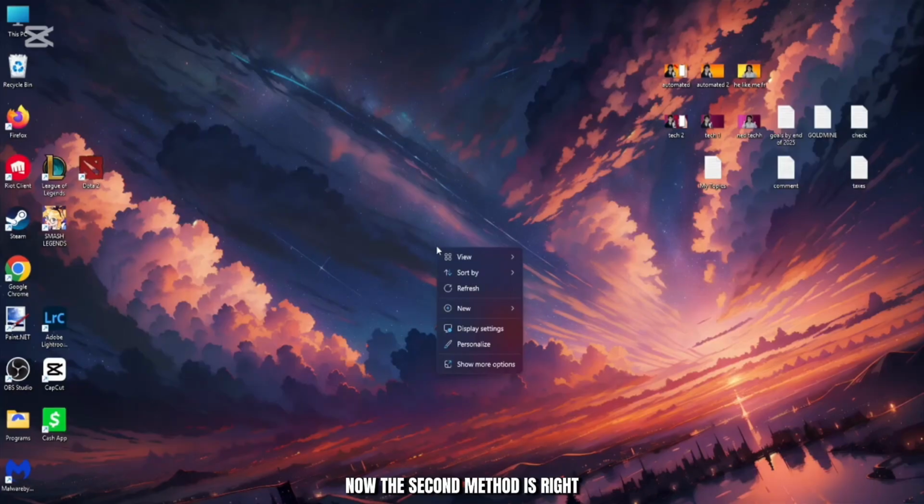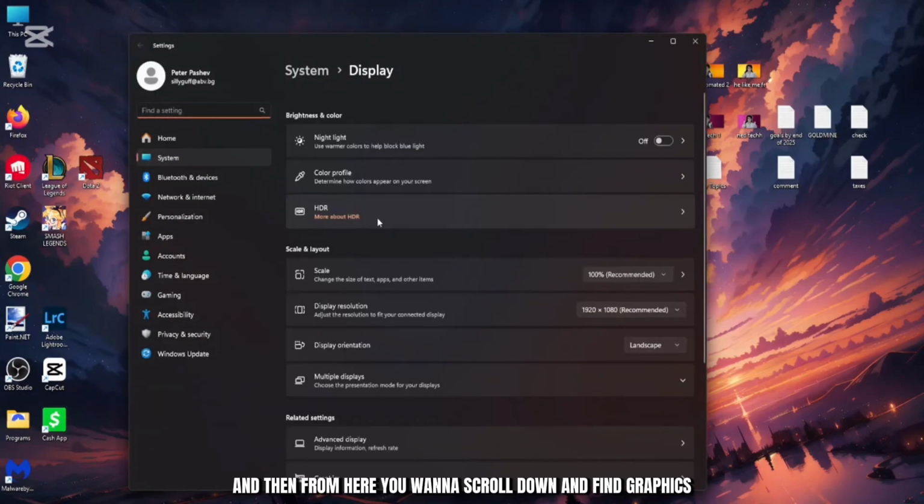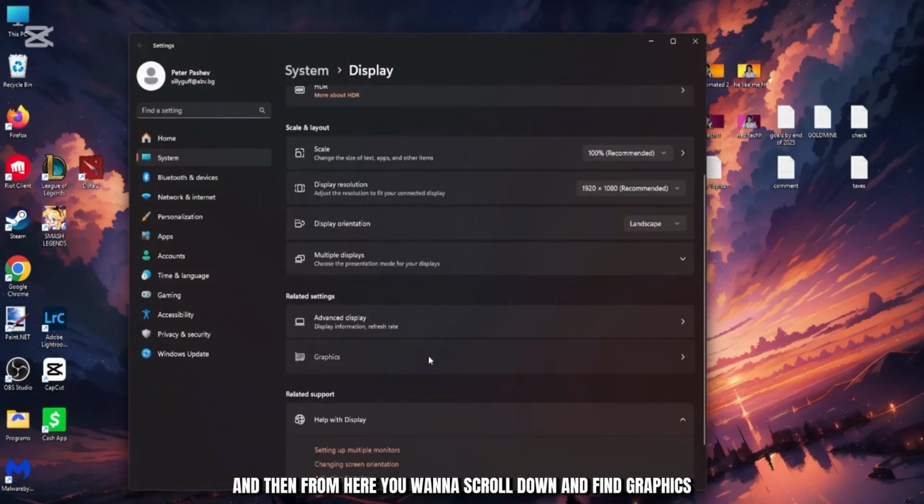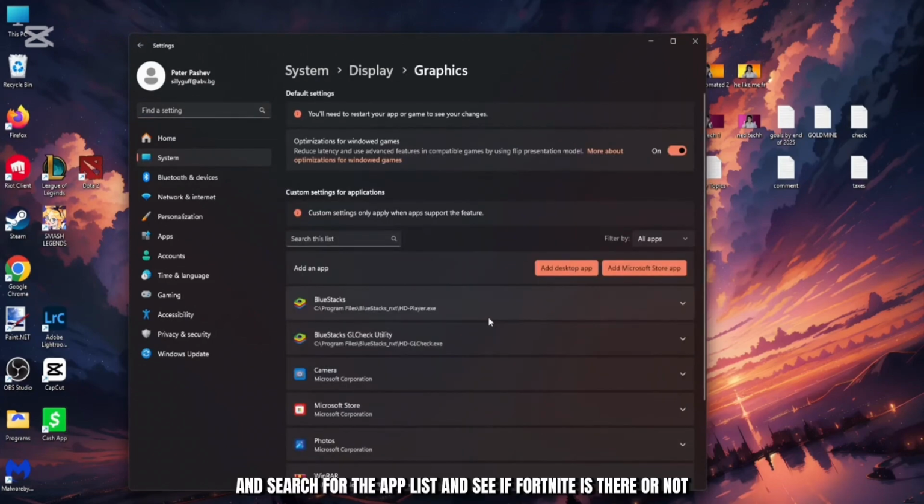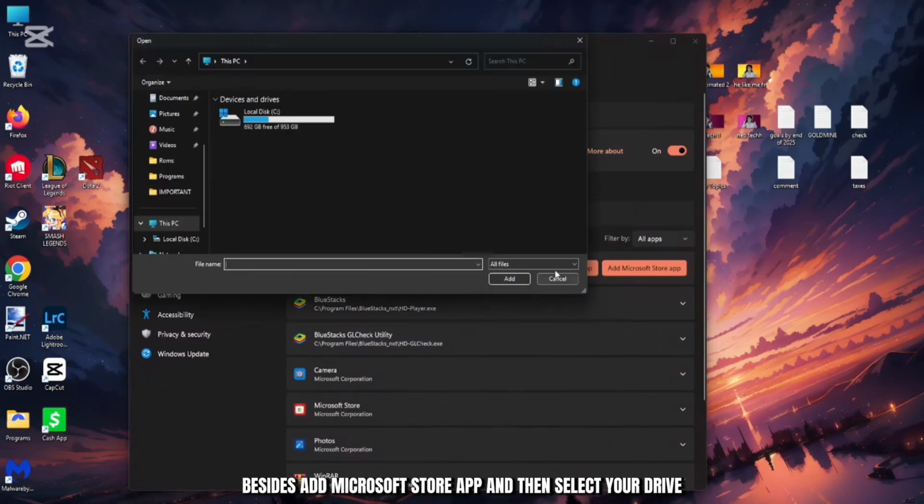Now the second method is right click on your desktop and then go to display settings. And then from here you want to scroll down and find graphics. Click on it and search for the app list and see if Fortnite is there or not. If there's not, you can just click on Add Desktop App right besides Add Microsoft Store App, and then select